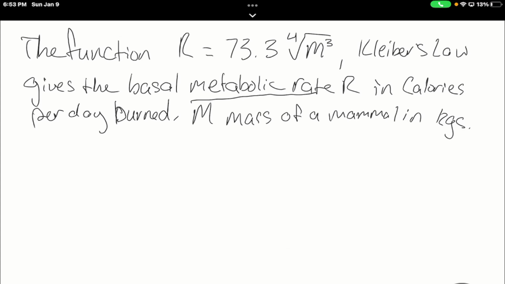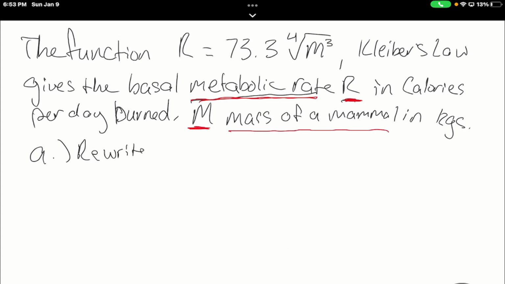Just outlining the certain pieces of the problem. It's nothing too important here. We just need to know what the letters correspond to. So whenever we have R, that corresponds to the metabolic rate. And when we have capital M, that corresponds to the mass of the mammal. Those are the two pieces that we'll need for this. The question asks you, there's two different parts for you. So the first part says,